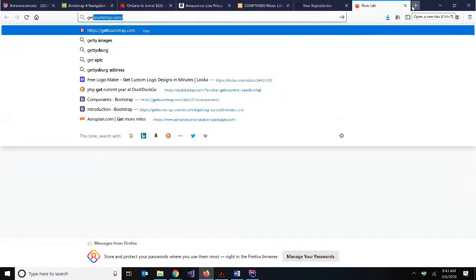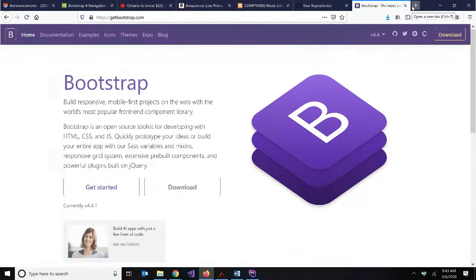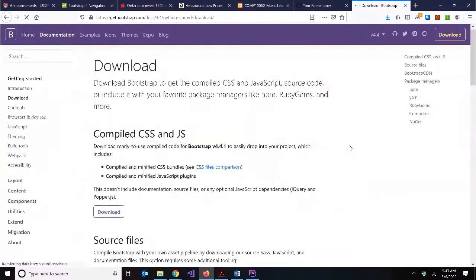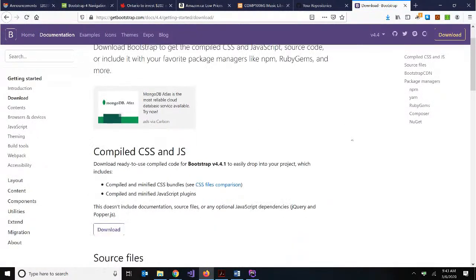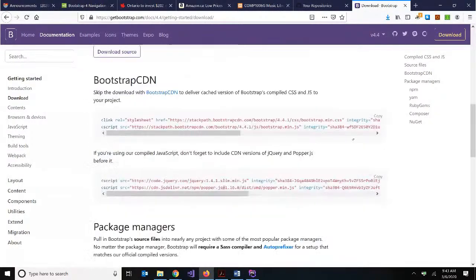So if we go to the Bootstrap website, we can get the libraries that we need. So the website is getbootstrap.com. So open a tab and jump over here. And we'll just click on this download button. Now we've already been here once before. So on the download page, I'm going to scroll down and